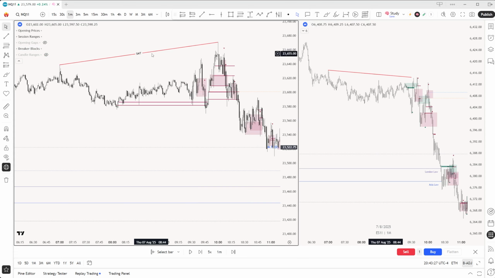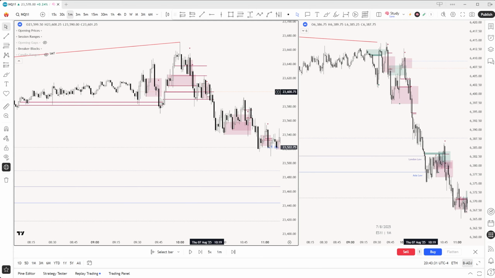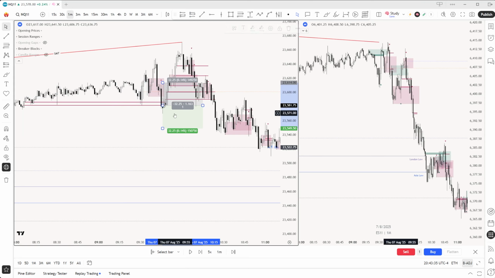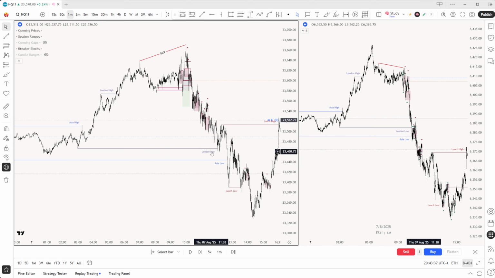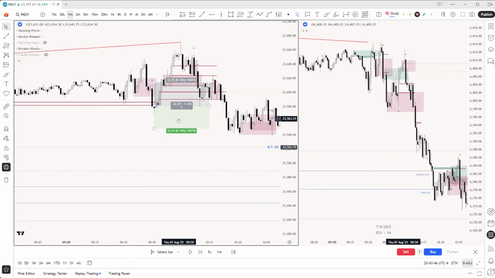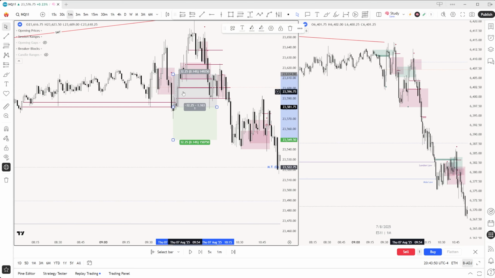But what we see pretty quickly is that once this SMT was established, we had some trade opportunities. Now, I myself took this first short right here. Everything aligned beautifully. We had our London framework, which, as I said, we will be hopping over to Rice Statistics later in this call, just to cover all of these bases, have a little bit of an educational session. But I took this first trade.